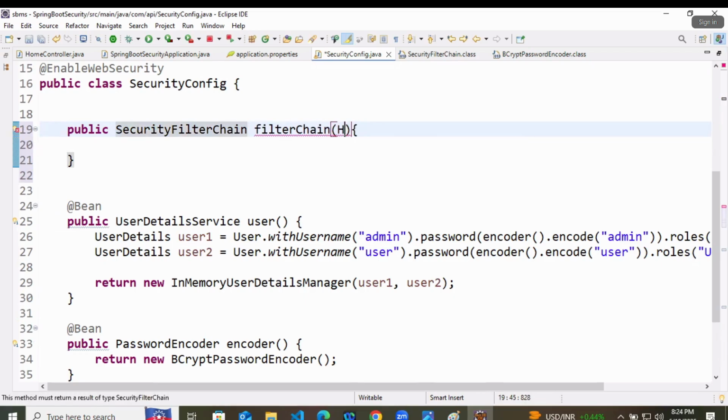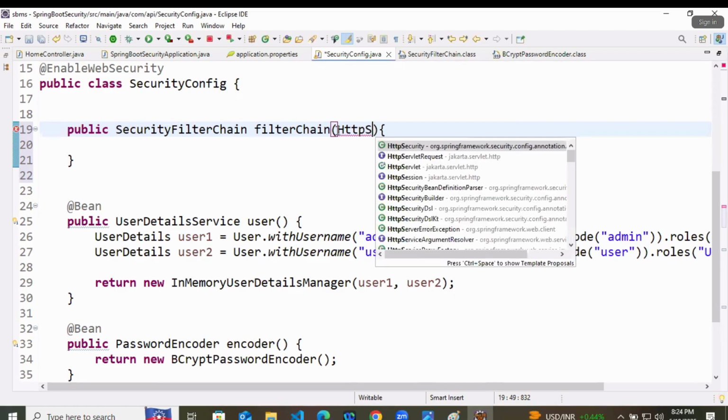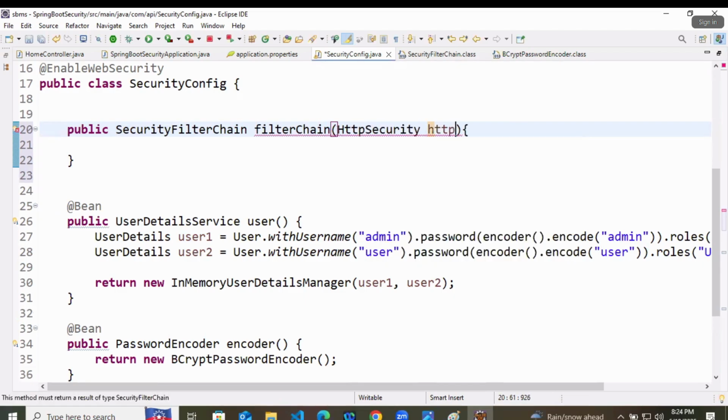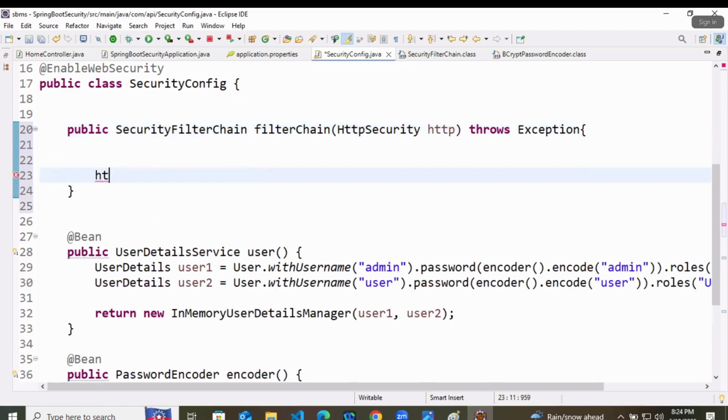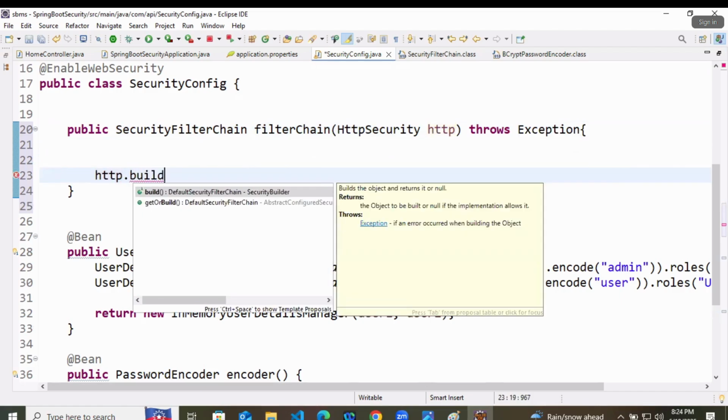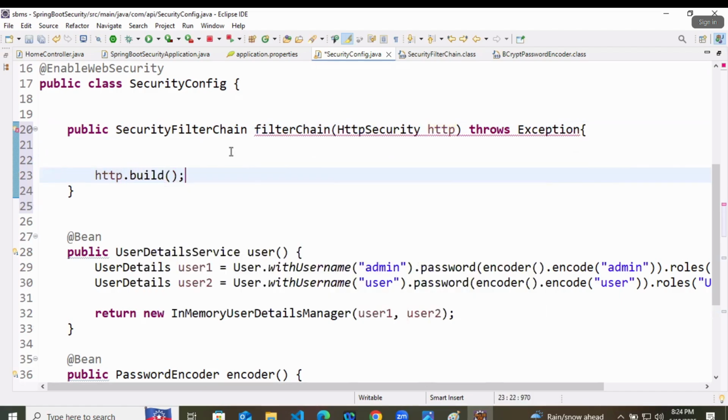It will have the object of HTTP security, http, and it will throw the exception. Here at last I am returning http.build so that it will not throw any error.